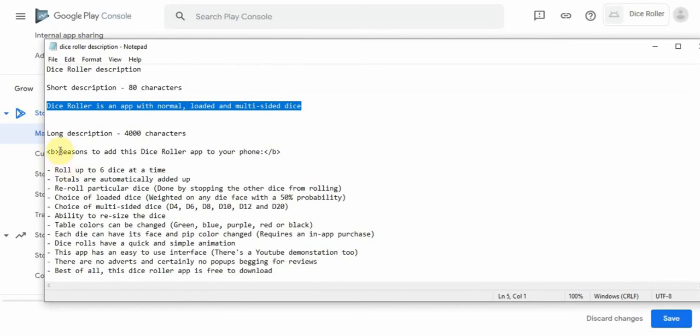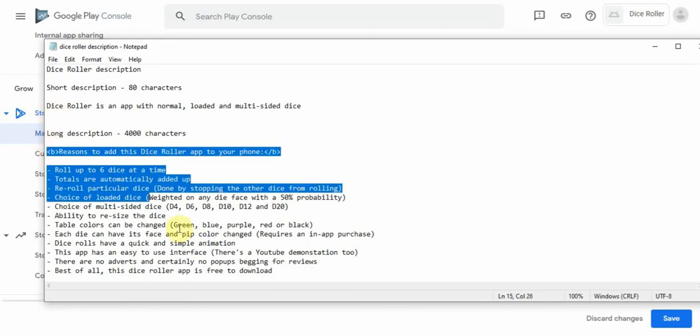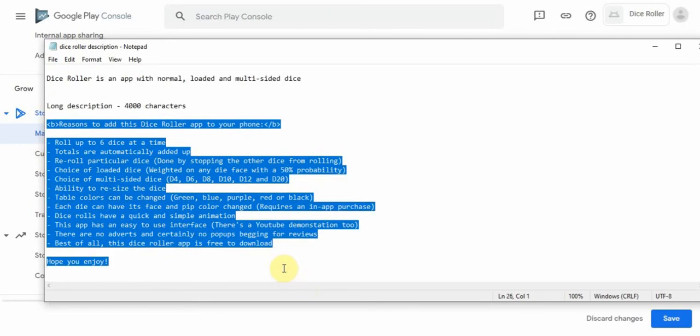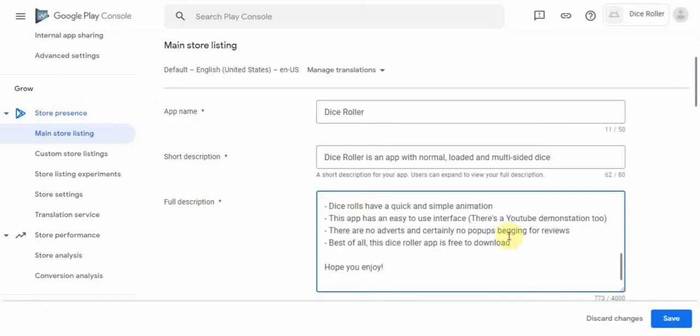I have also added a little bit of HTML here, so here and here. This will actually make this bit of text go bold when you see it in the description. So paste that in